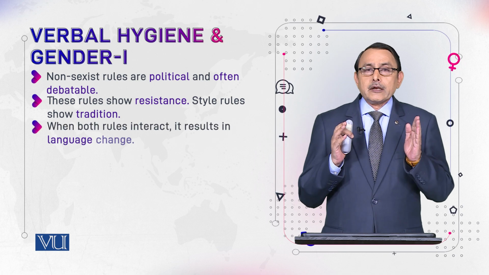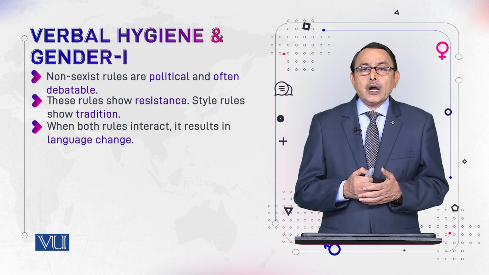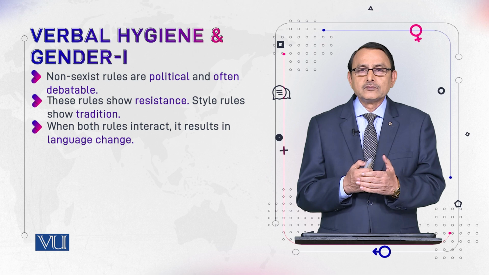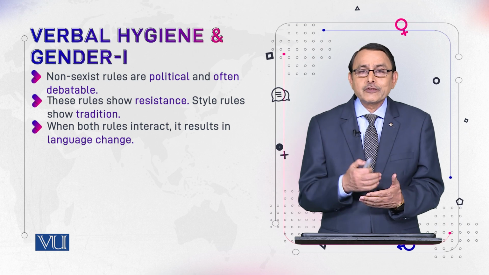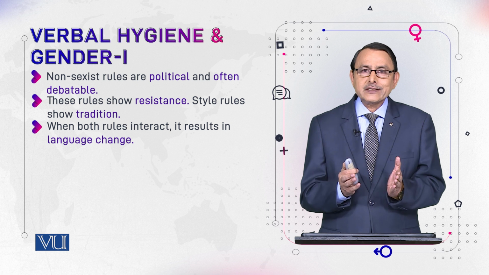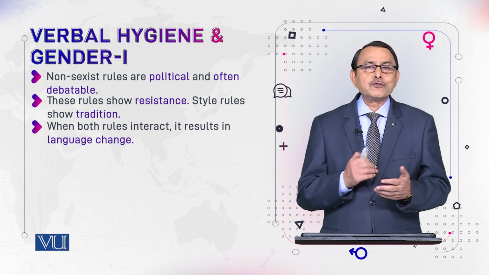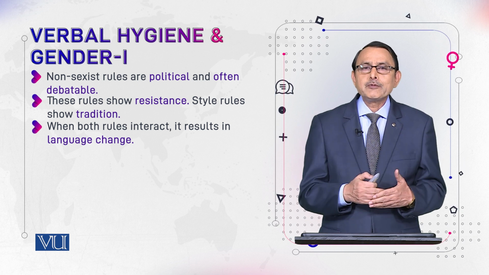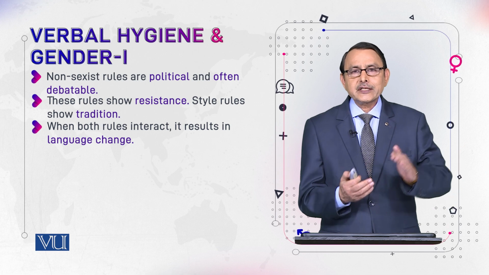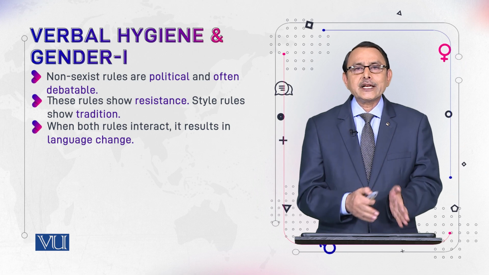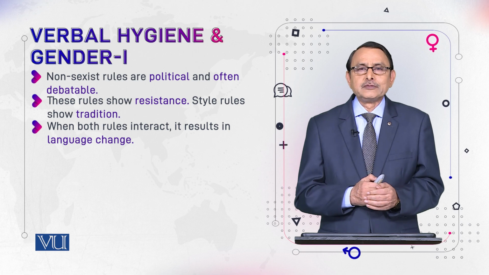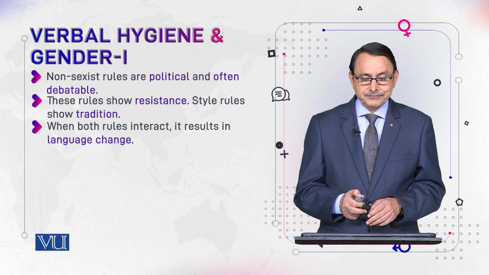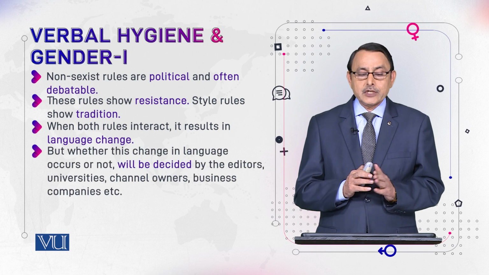We take these rules, we see them interacting with each other. Both are found in a set of rules. We find them together. It results in language change. We have grammar rules which are traditionally received by us, and we have innovative sexist rules. We put them side by side, and this is how innovation is introduced, change is introduced in the set of rules. But whether this change in language occurs or not